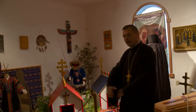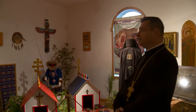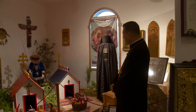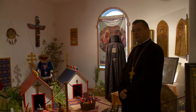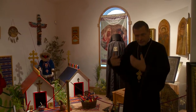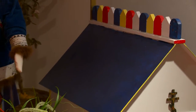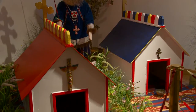These are spirit houses that are used by the Dena'ina Athabascan Indians in the Kenai area, the Kenai Peninsula area, going all the way up to Copper River. It was their idea that when a person was buried, they were told to have a 40th day service, and they were explained by the missionaries the importance of a 40th day service for the soul. And they often said, we bury the body in the ground, we place the blanket of the tribe on top